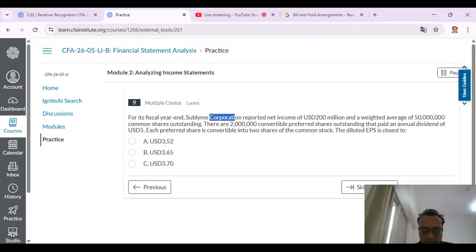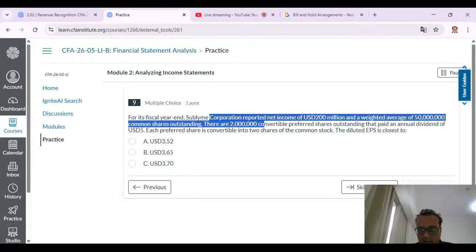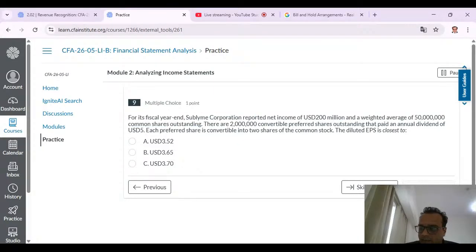For a fiscal year, the company reports its net income of USD 200 million and a weighted average of 50 million common shares. There are 2 million convertible preference shares outstanding that paid an annual dividend of USD 5. Each preference share is convertible into 2 shares of common stock. The diluted EPS will be closest to, diluted EPS के लिए सबसे पहले what we will do is that 200